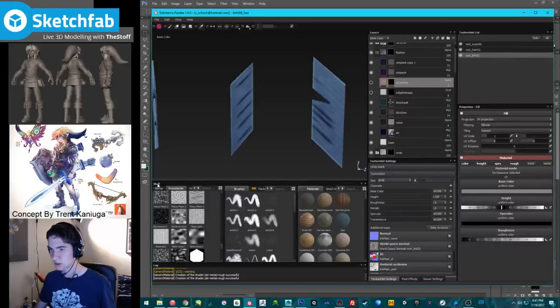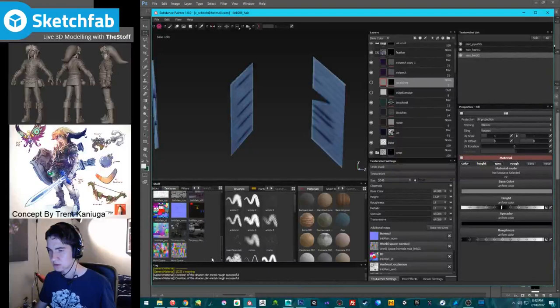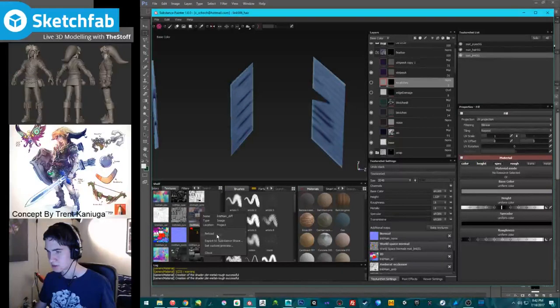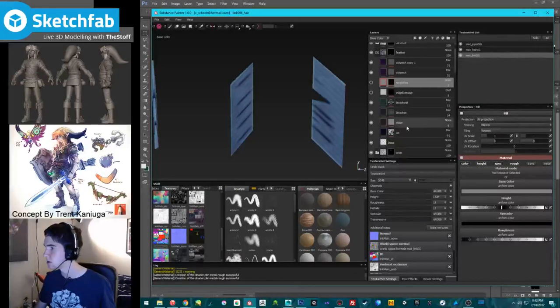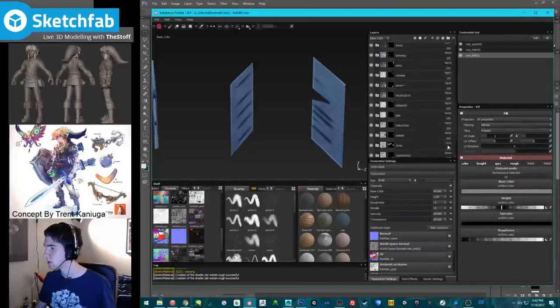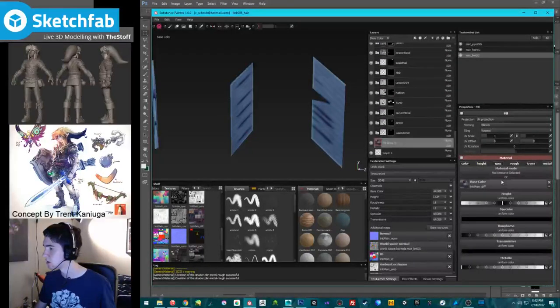We're going to just reload that texture. Textures. There it is. Reload. Let me go down here and just drag that back in.